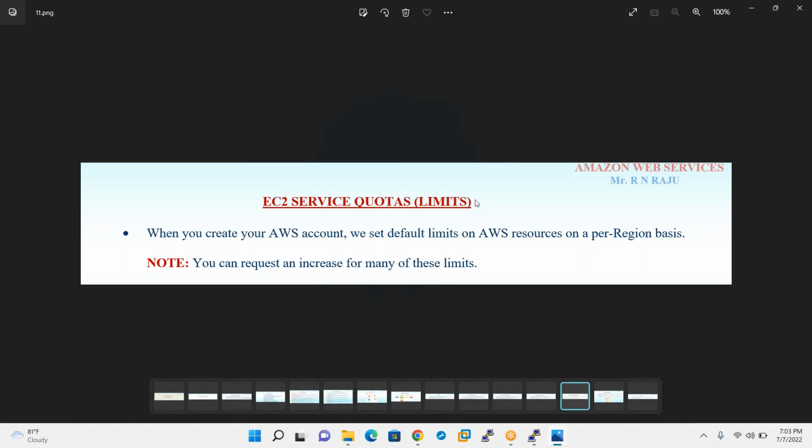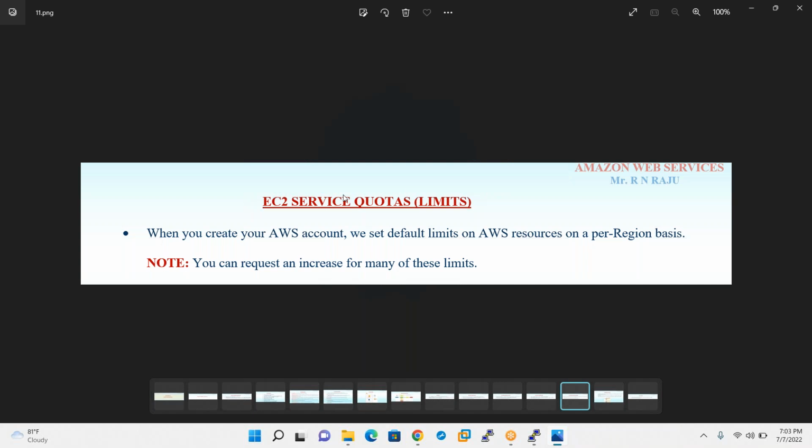I mean, it is called limits. Sometimes this is also very important, so people panic sometimes. Maybe you are getting an error. For example, we are trying to launch an instance. The error is your quota is already exceeded. Please contact your system administrator, because your account supports creating only 20 instances, but already 20 instances are running